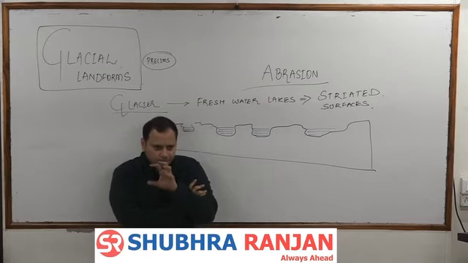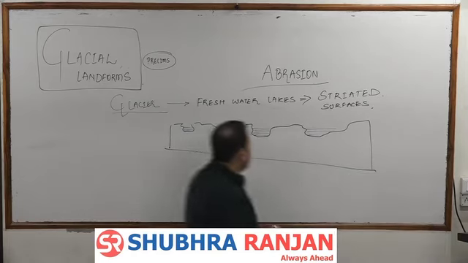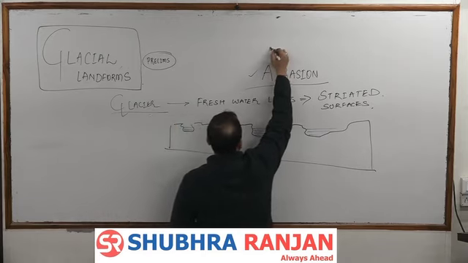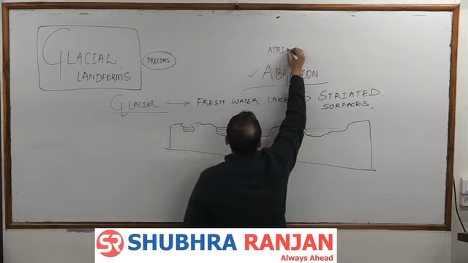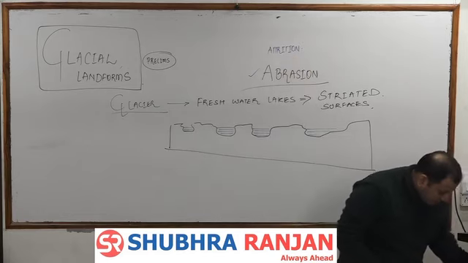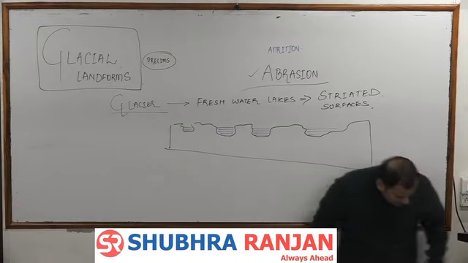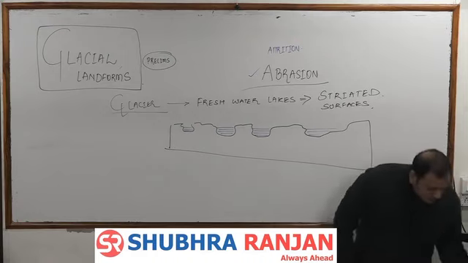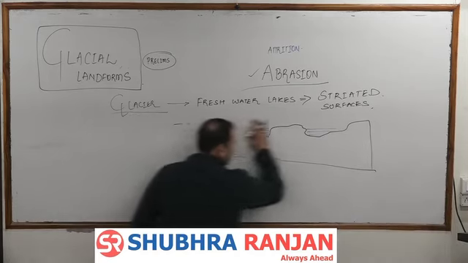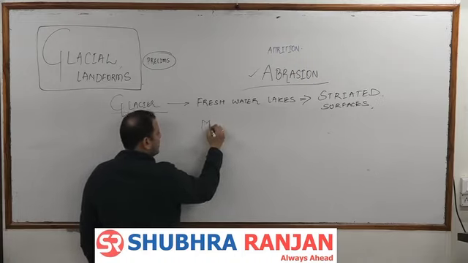Fine with this? When the glacier is moving down, when it is coming down the mountains, the glacier can do abrasion, scratching, which is the most important tool, and it can do attrition. Attrition means the particles in the glaciers will rub against themselves, and after rubbing against themselves, these particles will break down to form smaller particles. Just as we call alluvial deposits the debris deposited by the rivers, glacial deposits will be known as moraines,